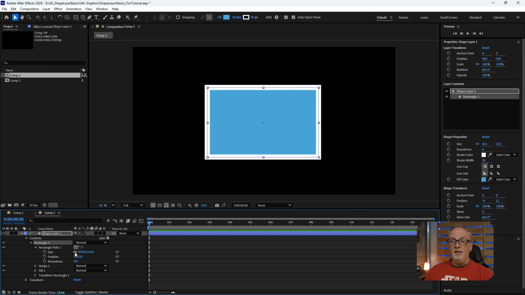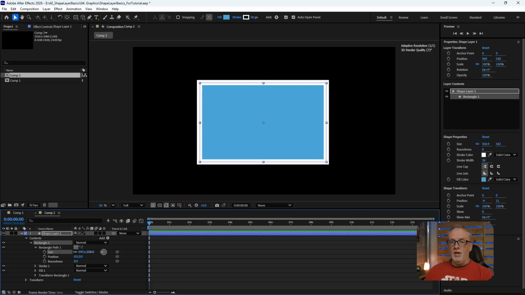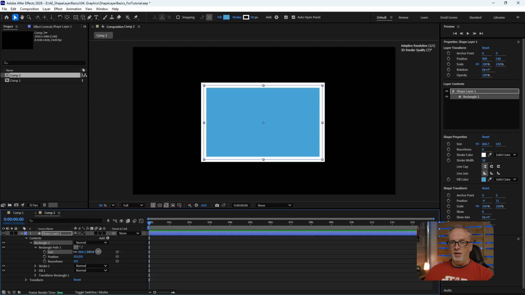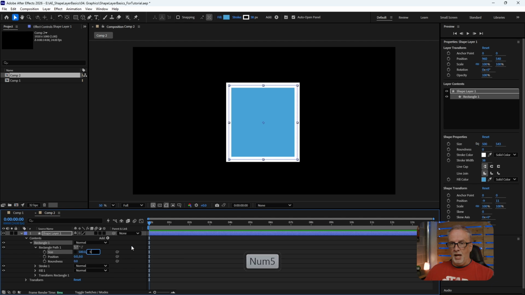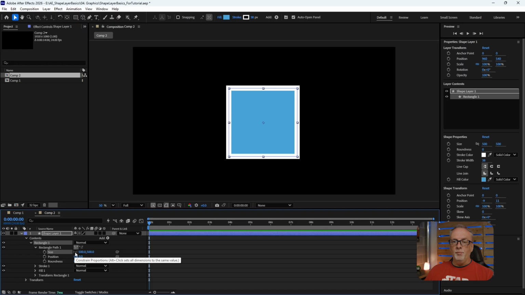Right now, the size is constrained on the X and the Y axis, so it doesn't matter which one I change, it's going to adjust both of them. I can deconstrain those so I can dial this into exactly what I want. Just click the chain link right there. And then if I want, say, 500 pixels, and then I'll tab over 500 pixels, and now I have a perfect square. If we want to constrain those back, just click on the chain link,